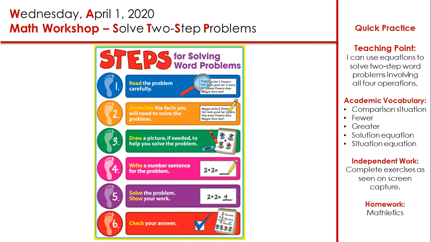Number 4, write a number sentence for the problem. Now that I'm clear with what I'm asked to do, and I know what operation to try, then I can write my situation equation. Then step number 5, am I supposed to solve the problem? Showing my work, always showing my work. I know that sometimes you can actually try this in your mind, but I need to actually see your work to see